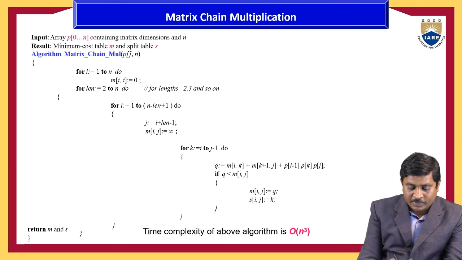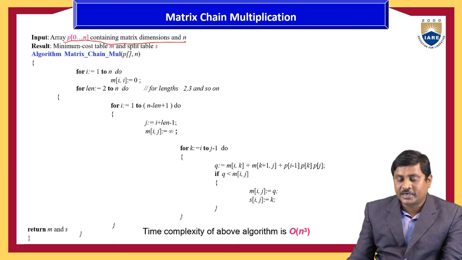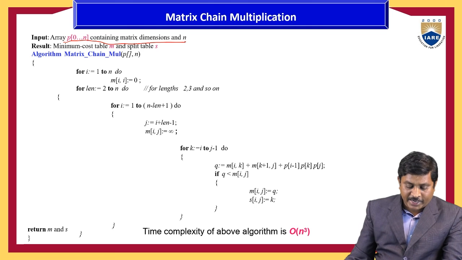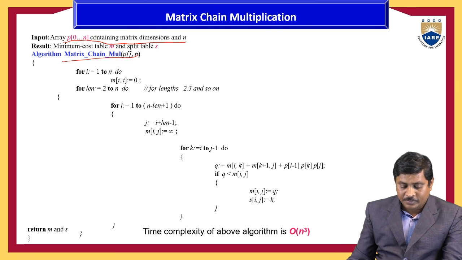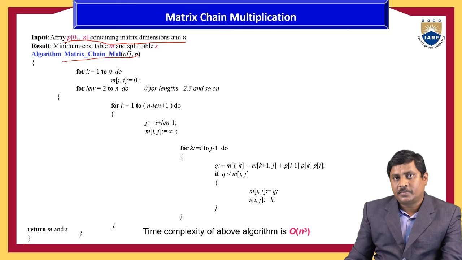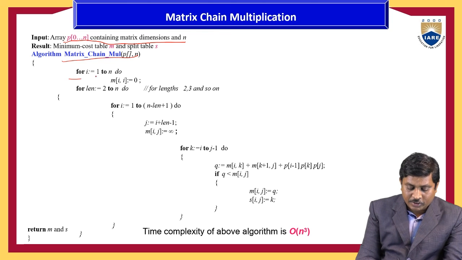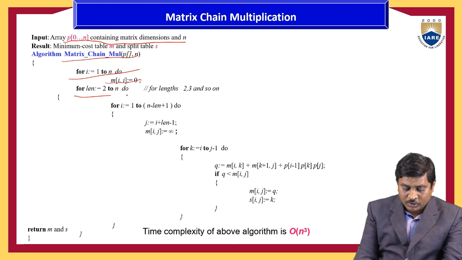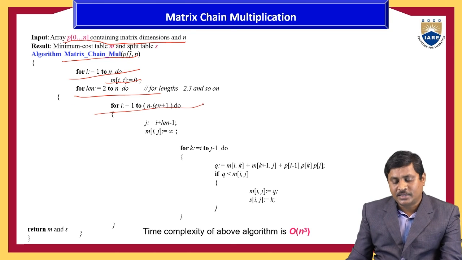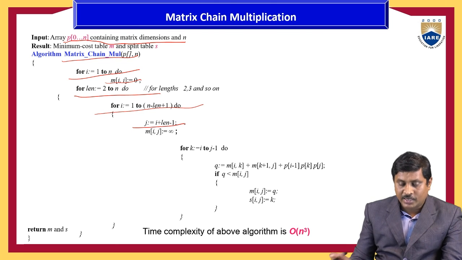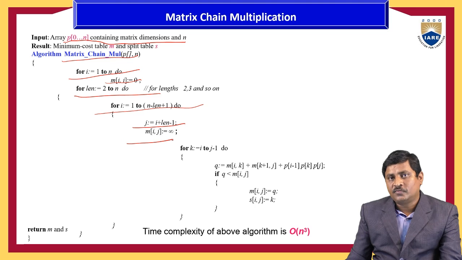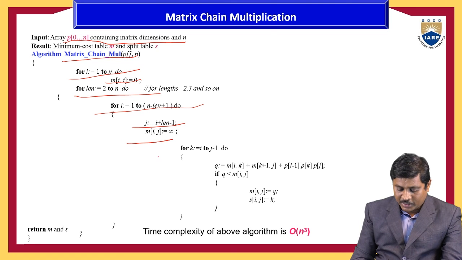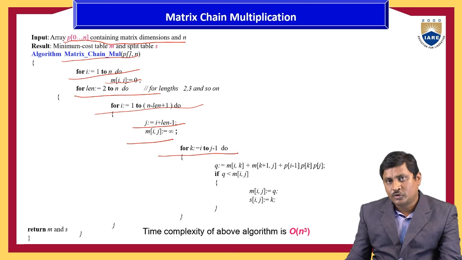Input array P of 0 to n containing matrix dimensions of order n. Algorithm MatrixChainMultiply of P, where P is the matrices, n is the order. For i equal to 1 to n, do m of i, i values initially take 0. For length 2 to n, do for i equal to 1 to n minus length plus 1, do j equal to i plus length minus 1. M of i, j equal to infinity means unknown value. For k equal to i to j minus 1, do